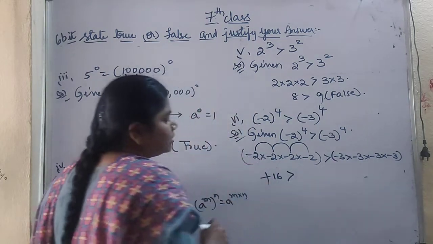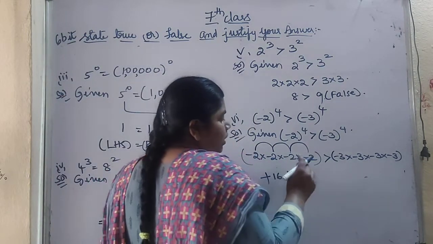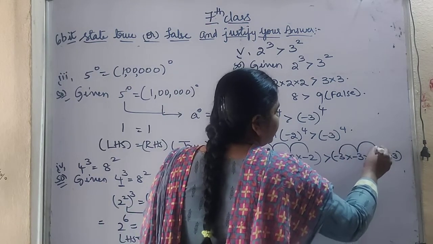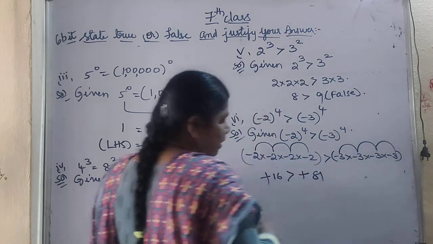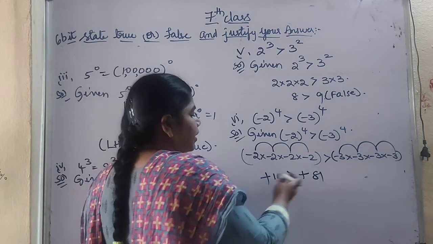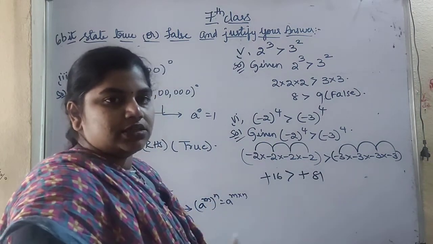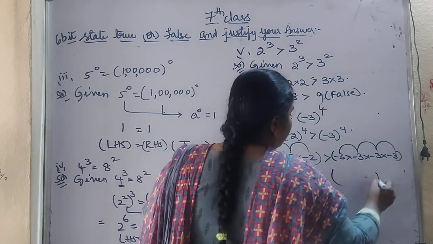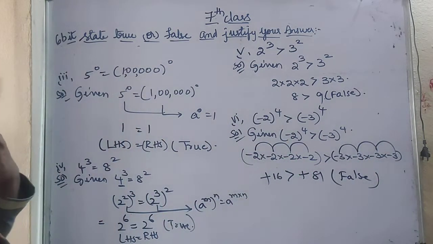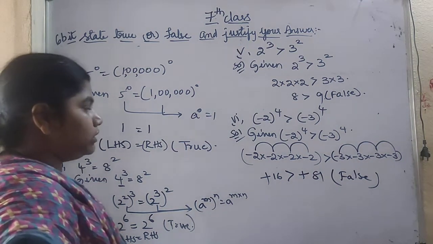And in this case minus again they have multiplied 4 times, so it will be a plus value. 3 they have multiplied 4 times. So 3 3s are 9, 9 3s are 27, 27 3s are 81. So we got 81 here. So which one is greater? They have given 16 is greater than 81. Is 16 greater than 81? No, it is a false statement, because 81 is greater than 16. 16 is less than 81. So this is a false statement.